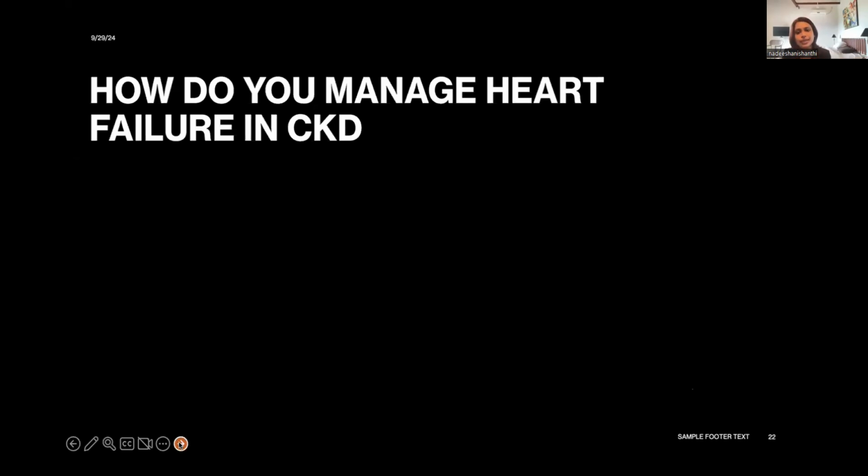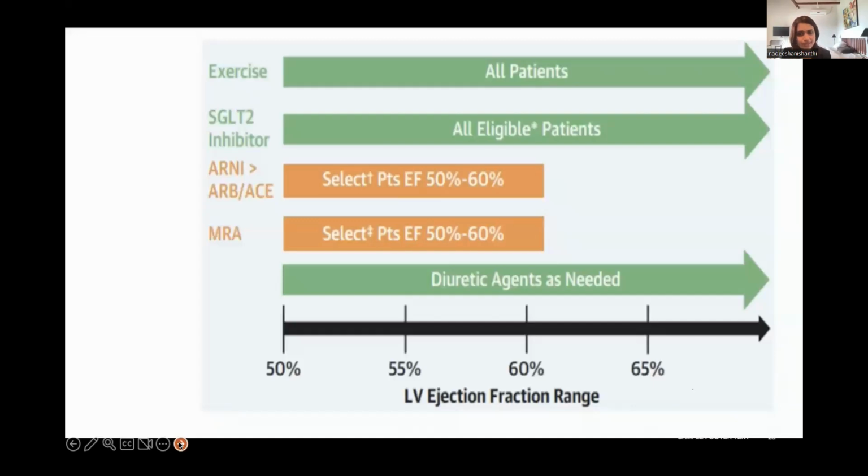So how do you manage heart failure in chronic kidney disease? So exercise. For all the eligible patients, exercise with observation, exercise is the number one treatment. And SGLT2 inhibitors for all eligible patients. As I mentioned, eligible patients means if the eGFR is over 20, diabetic or non-diabetic, proteinuric or non-proteinuric, SGLT2 inhibitors are the number one treatment. And then if the eGFR is more than 20,